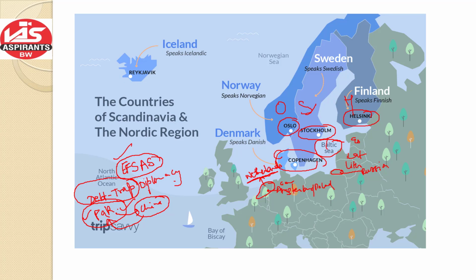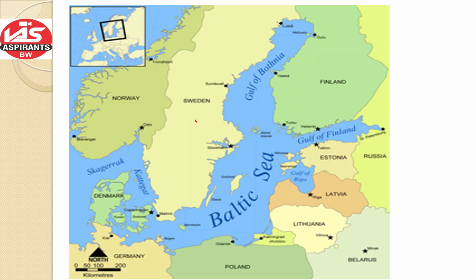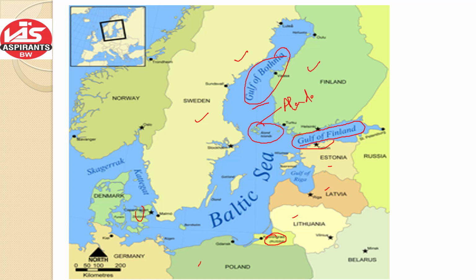These all are surrounding the Baltic Sea. You can see it here also. We have Sweden, Finland, Estonia, Latvia, Lithuania. This small part belongs to Russia, Poland and Germany, and this is Denmark, right? Apart from that, you can see this is the position of the Gulf of Finland, and this is the Gulf of Bothnia. The Gulf of Bothnia is surrounded by Sweden, Finland, and this small portion is the Åland Islands, which are the associated territory